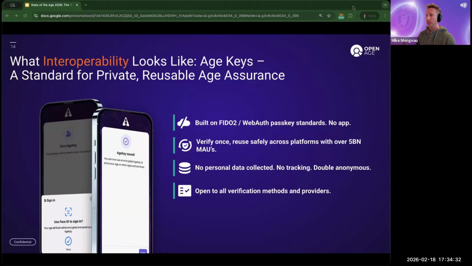So interoperability is still emerging, but the architecture and decisions we make today can determine whether or not you participate when it's ready, and it's ready. So this will help us understand if age assurance is a siloed proprietary flow, or if it's going to be rebuilding one that you own later on. So if it's built on an orchestration layer that can accept reusable credentials, you're already well positioned.